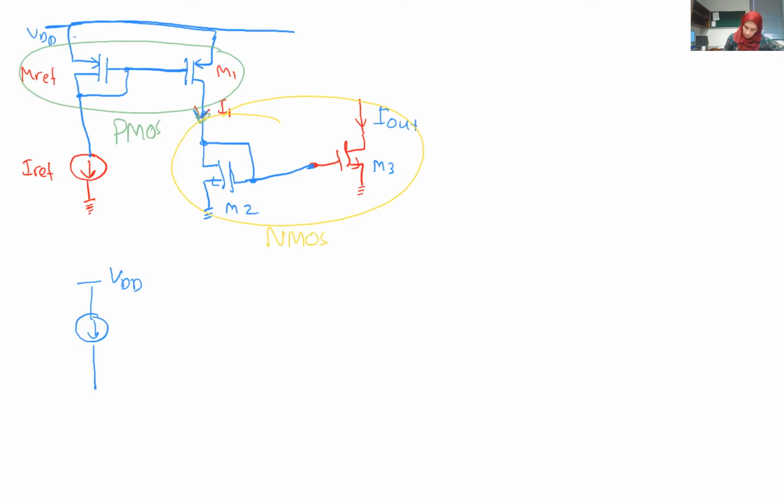So just let me give an example with numbers. Assume that IREF is 100 microamps and MREF,